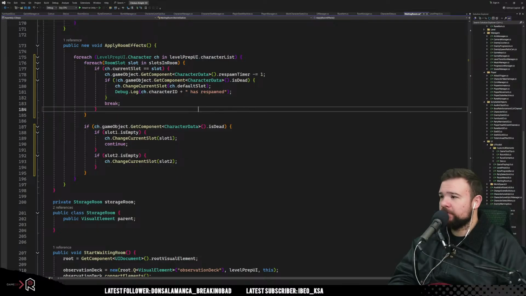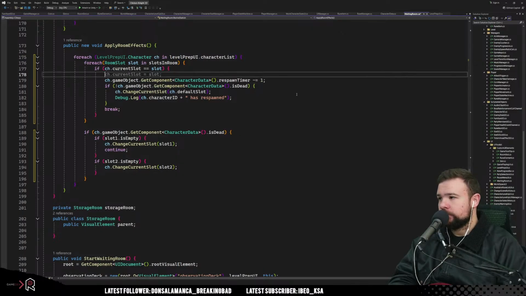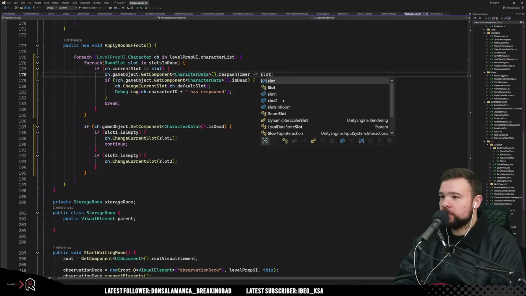Okay, so this is our room effect. Now, this is where it gets interesting. So, that number. We can do int heal amount. Or, we don't actually do that. We don't have to do that. We can just do this. So we can do minus equal. So here we go. Slot dot